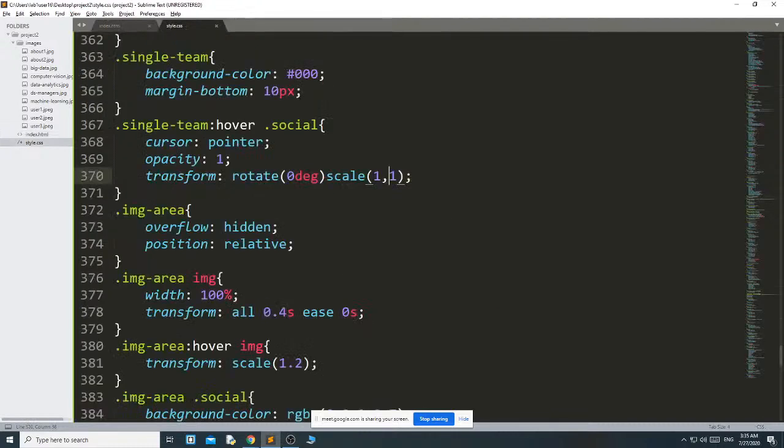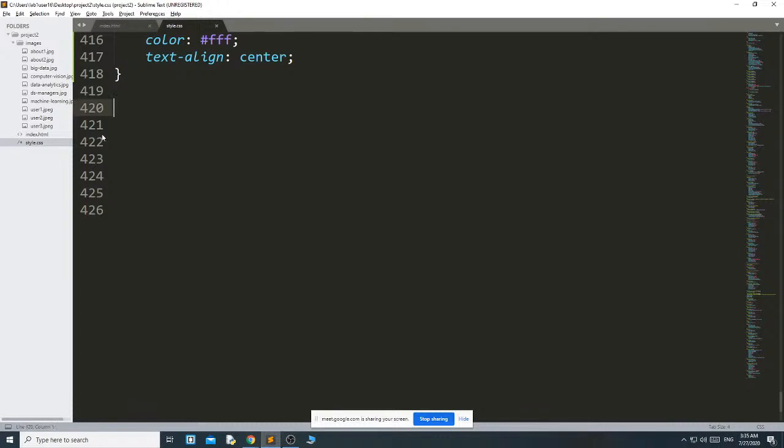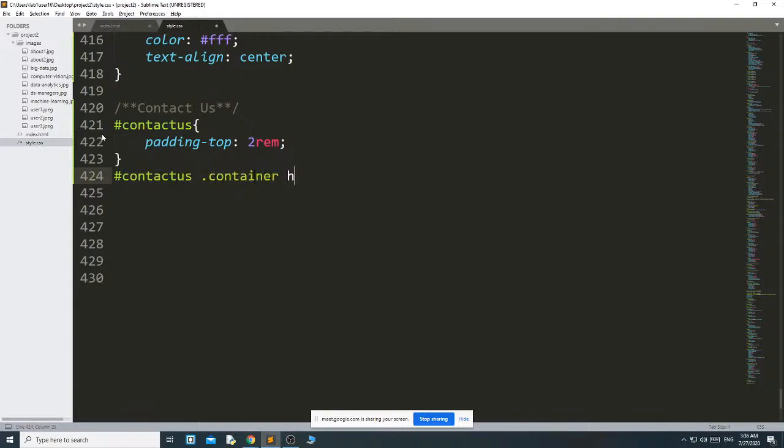Then we will go to style to do the style. Contact us. Here I have done very little style. First I have given the style to the section contact us, and here padding top 2 rem. Then I have given the style to the H5 as contact us dot container H5.